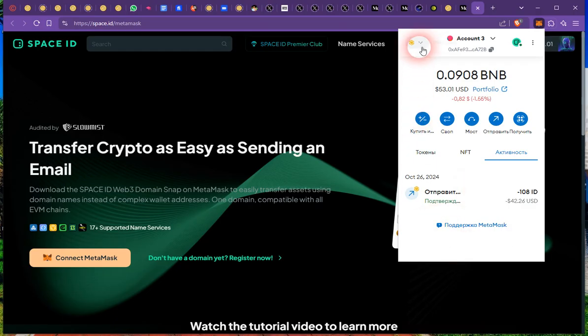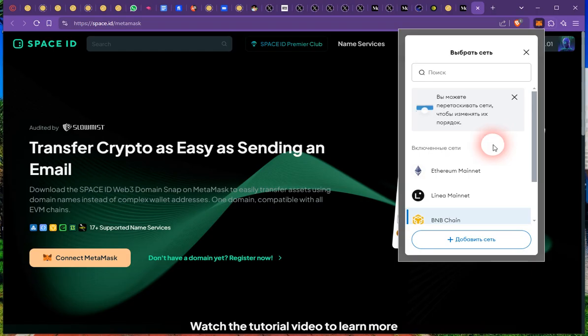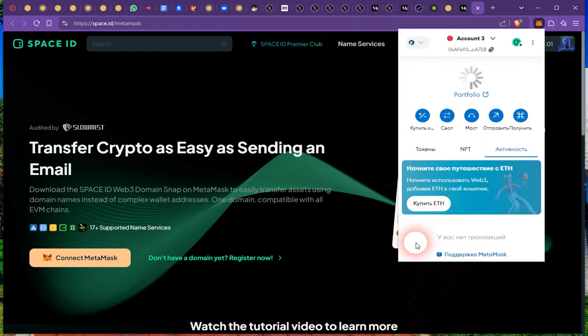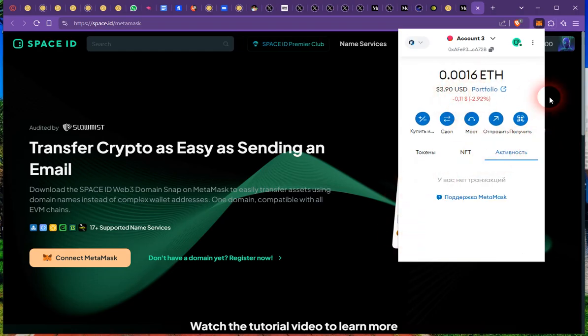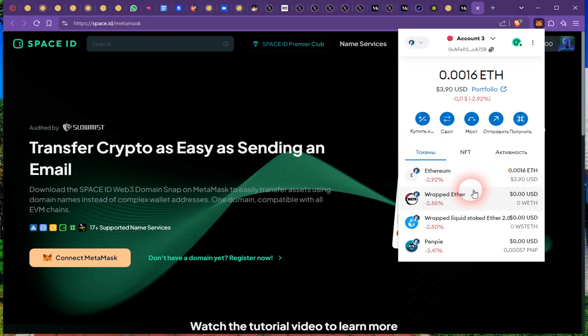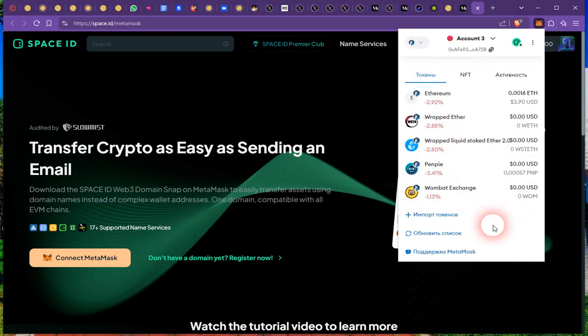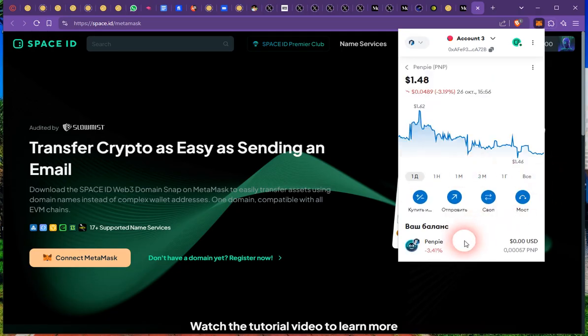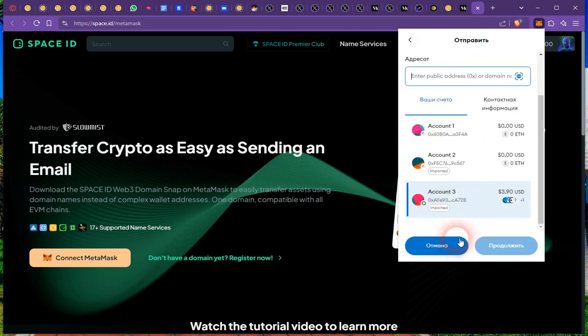Let's try to use Arbitrum domain. Choose network, Arbitrum, and I have some tokens here. Let's try to use PenPy token. Choose PenPy, click send, and